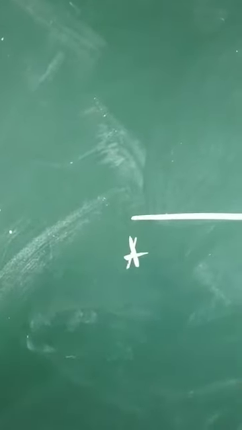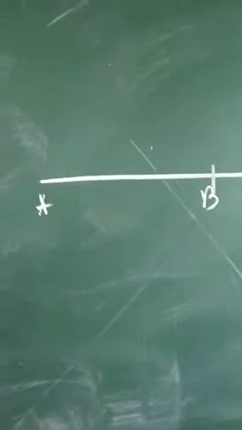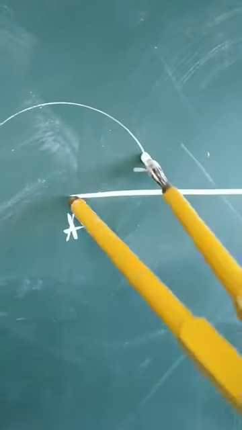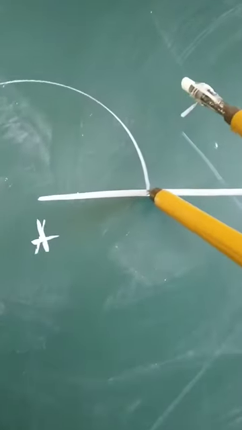Now, the measure of angle A is 60 degree, as asked in the question, so we draw 60 degree on vertex A. So what we will do, children? We will take our compasses, place at A and draw one arc. With the same measure, we'll not change it, we'll place at this point.